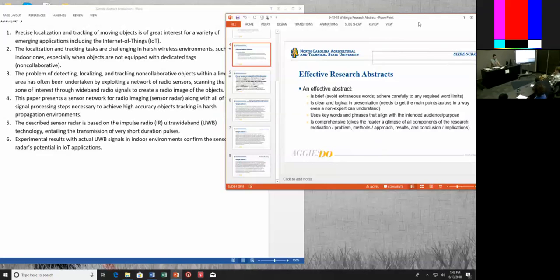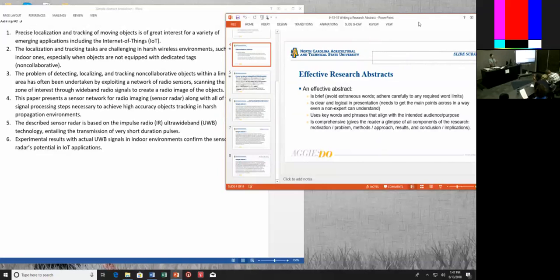And then which term did you use? You said radio imaging. Yes, radio imaging. So now, more within the field itself, it's sort of like, what area are we working at? Well, we're looking at radio imaging. And they use a lot of variations. They talk about sensor networks, radio sensors. These are all keywords.